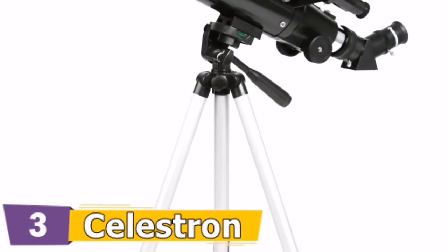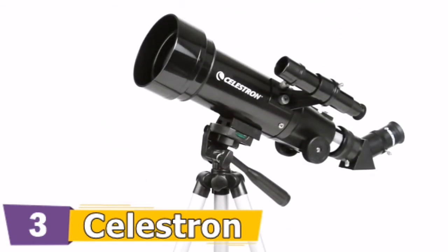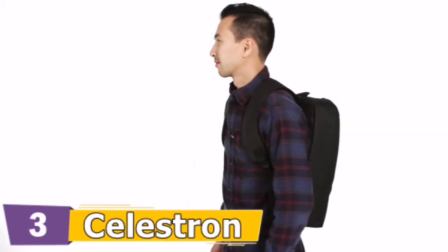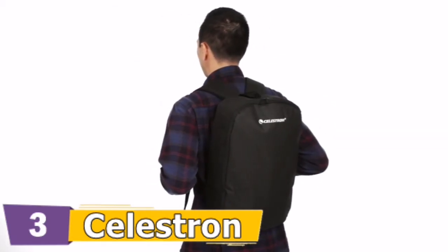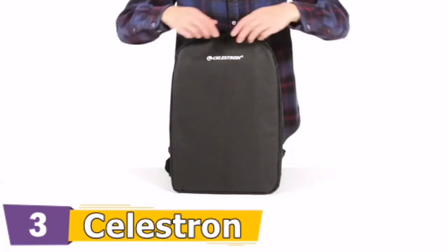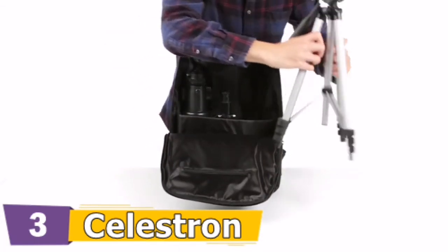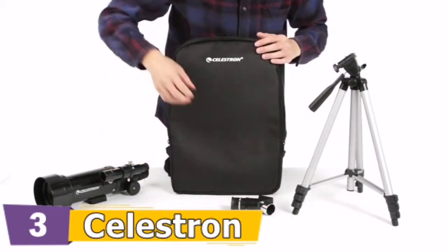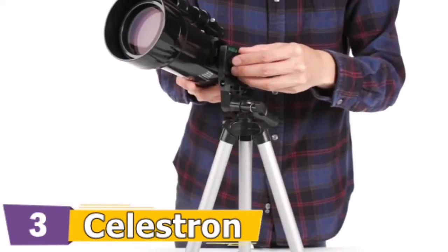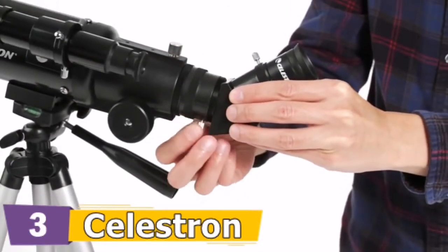With Celestron's Travelscope, it's never been easier to take a high-quality telescope on the go. Each Travelscope includes a durable canvas backpack, perfect for taking along on a camping trip or hike. When you arrive at your destination, assemble the telescope and you'll be ready to observe in minutes with no tools necessary. The adjustable tripod can extend to full height or collapse for use on a picnic table or bench for